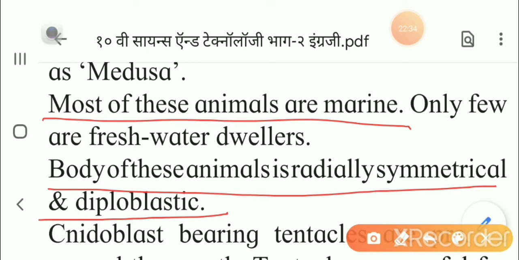And they are diploblastic. Diploblastic means the body which is derived from only 2 embryonic cell layers. These are ectoderm and endoderm. Example, already you are learning here, these are the sponges, coelenterates, etc. And triploblastic means when they have a body derived from the 3 embryonic layers: ectoderm, mesoderm and endoderm.